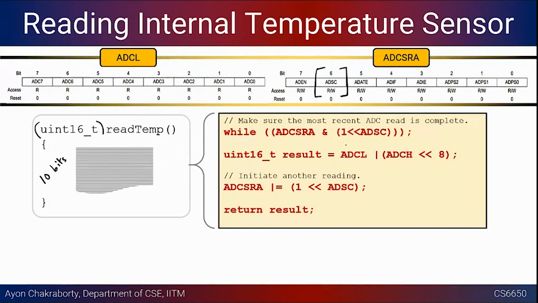Okay, so this is all zeros, but this will be 1, right? And whenever the conversion is finished, right, the hardware will automatically put a value of 1 here, right? We are just trying to make sure that they match, right? Once that is done, we know that the conversion has finished, then we can start reading the value of the result from the data register. So we had these two data registers, ADCL and ADCH. We'll come to that. So is this part clear, what we are trying to do?